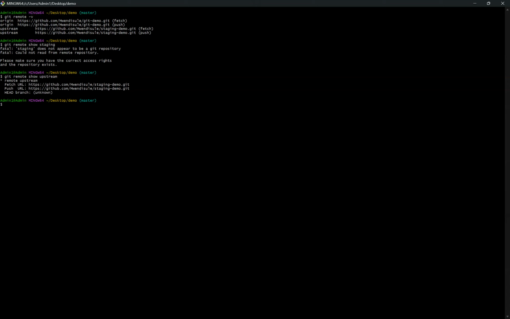We wanted to point to a different one. So how do we change it? We say git remote set-url. See that? Set URL. The upstream one was pointing to staging demo, but now we don't want that repository. What we want is